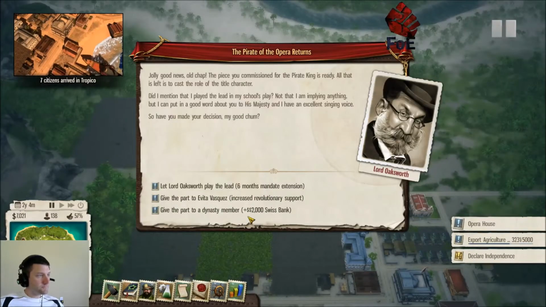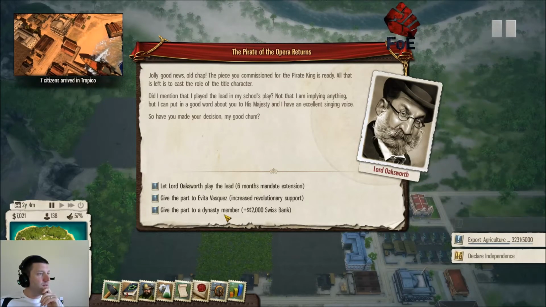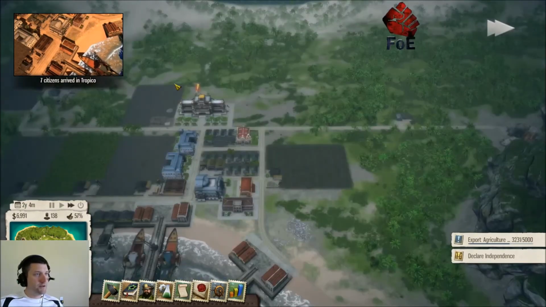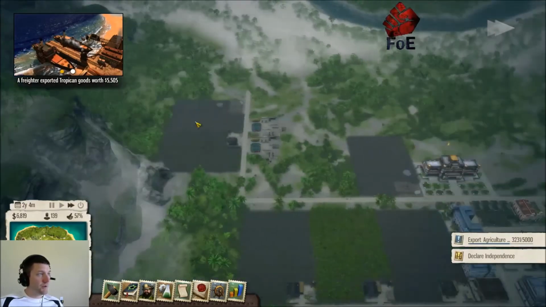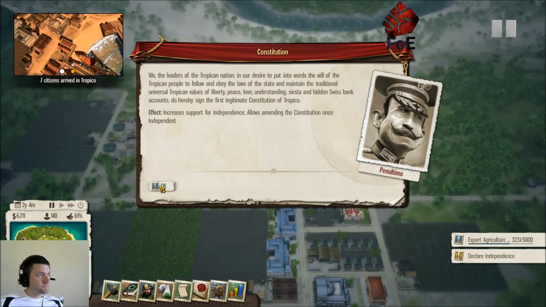Jolly good news, old chap. The piece you commissioned for the Pirate King is ready. All that is left is to cast the road. Again, I'm giving it to myself for more money. We, the leaders of the Tropican nation, in...